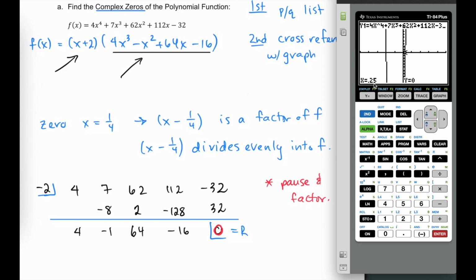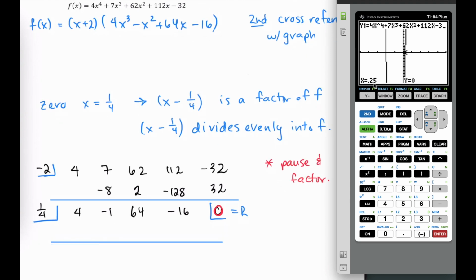It's not factoring anymore. So instead of going back to the beginning, we're going to divide x minus 1/4 into this quotient, which means that we just draw another backwards box here and keep going with the synthetic division tower that we've already begun to build. The 0 of the divisor is what goes into the box. We draw a line, leaving a lane of space, and we begin the synthetic division process, which begins with bringing